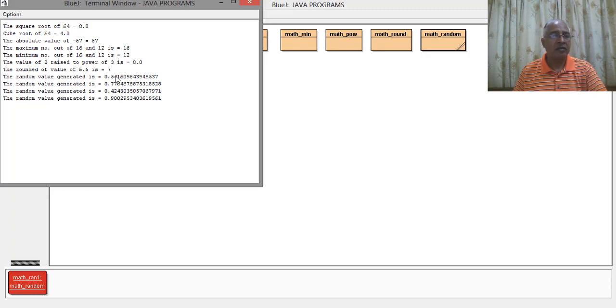So what we do here is, we multiply this by 10 or 100 or 1000 and get the integer part, which is again a random number as an integer, and we use it in our lottery systems or draws.